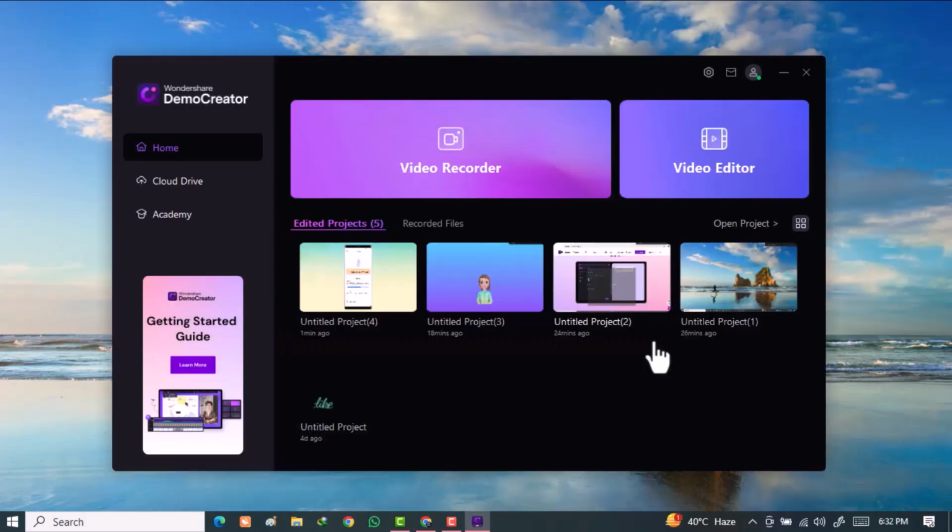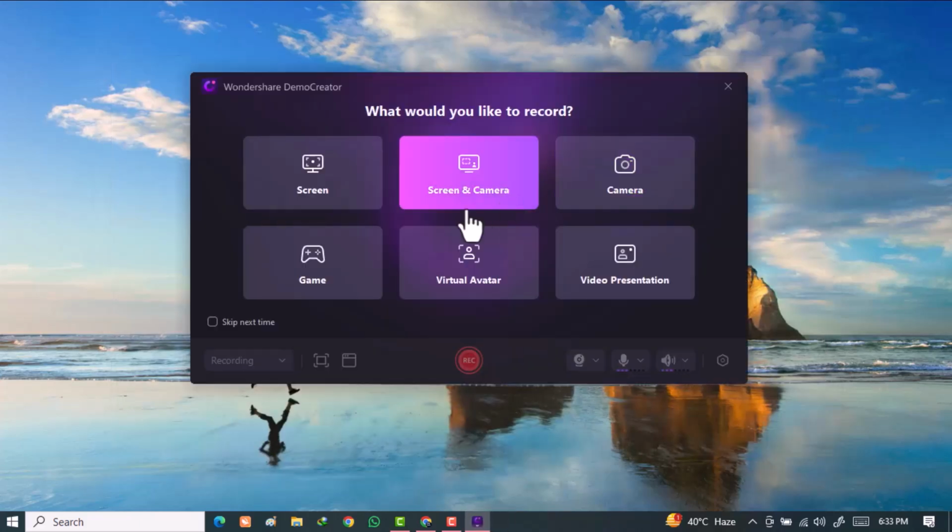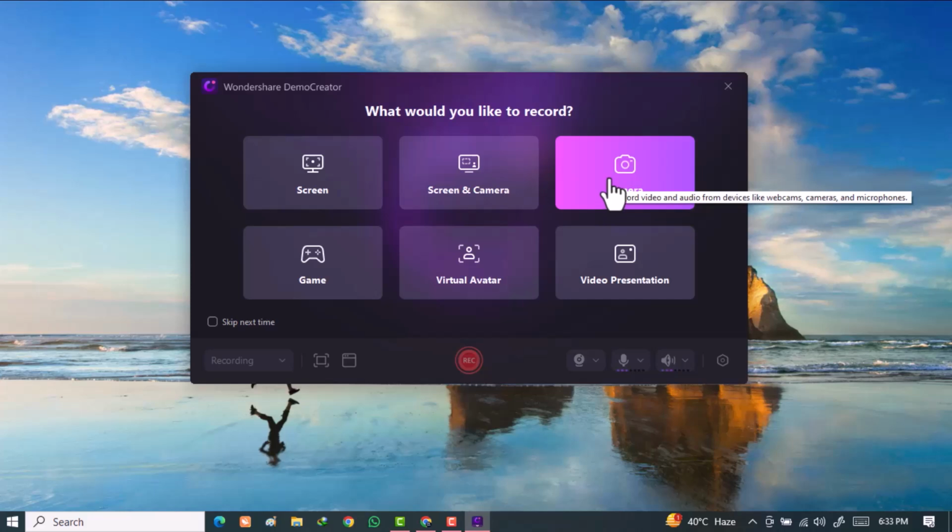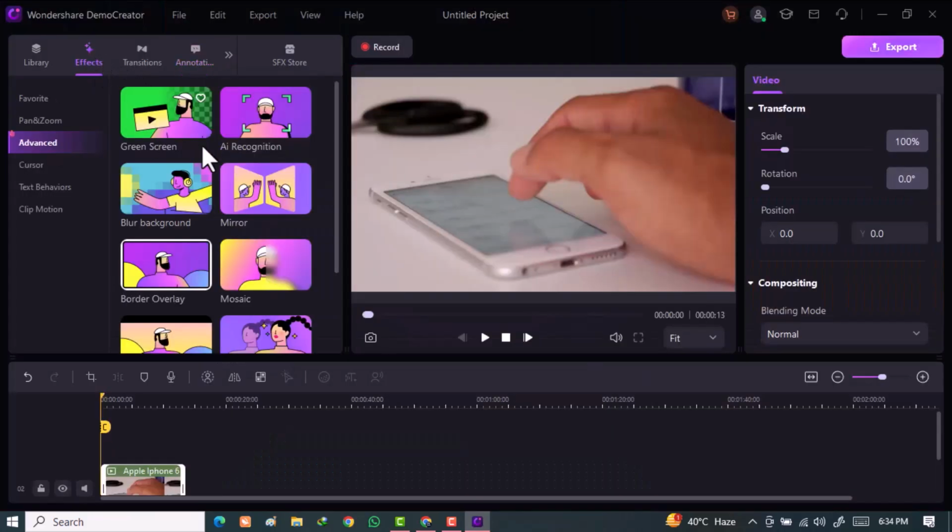Editing the video. One of Wondershare's distinguishing qualities is that it provides users with a one-stop service for all the tools they need to produce an entire video. After recording your camera, screen, and audio, you can smoothly switch to the editing interface by clicking the square icon or the F10 button.